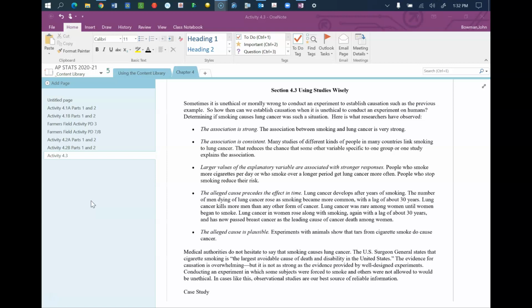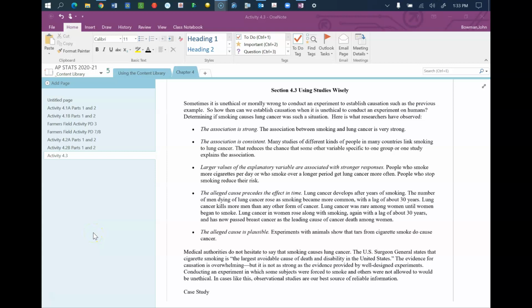So, as you are probably aware, the Surgeon General has determined that smoking causes lung cancer. I believe in Canada they put on their packs of cigarettes something like, "Smoking kills you." How did they do that if they weren't allowed to randomly select subjects from the population, randomly assign them to a smoking group or a non-smoking group, and then see that there was a strong association between people that smoked and lung cancer and those that didn't smoke and not having lung cancer? So how do they do that? Here's how they do that.